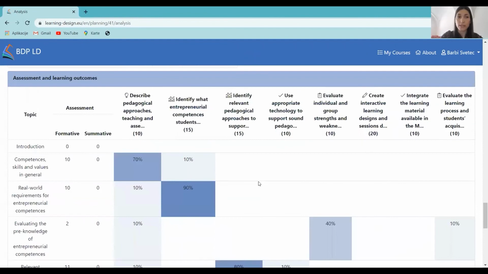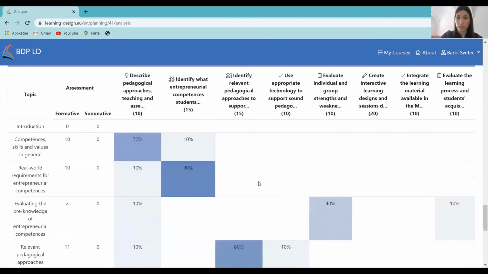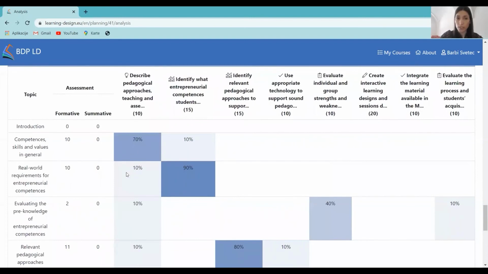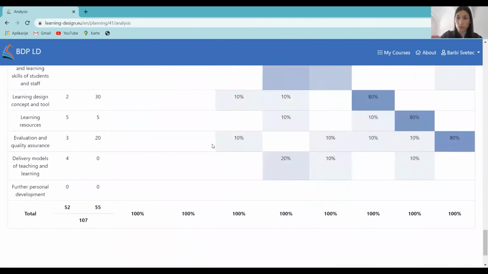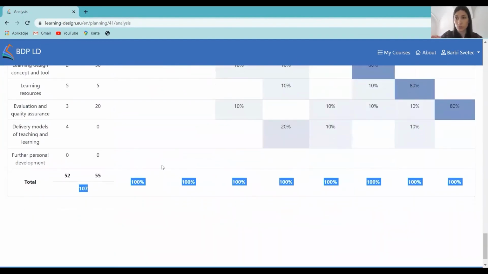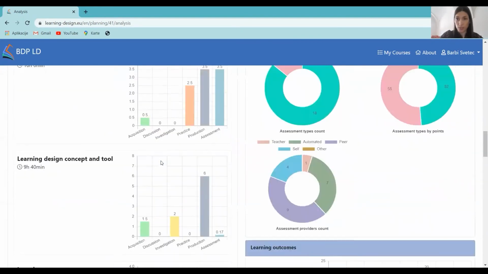And at the end, we have assessment and learning outcomes again compared. Here on the horizontal part, we have again learning outcomes with their assigned weights. And on the vertical part, we have the topics, and we can see how each of the topics contributes to each of the learning outcomes. So this can also serve analytical purposes, and the ultimate goal is to have 100% in the bottom line for each of the learning outcomes. If that's not accomplished, then it also signals you that maybe you need to make some adjustments to the learning